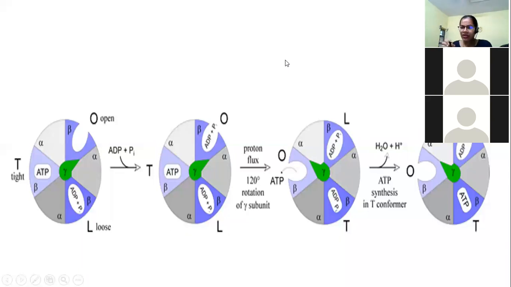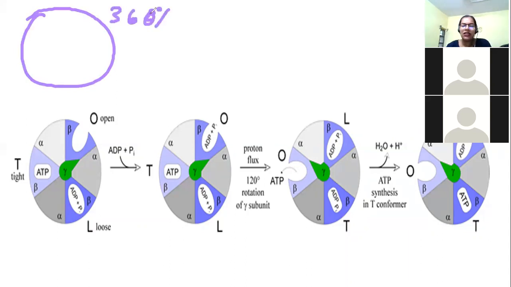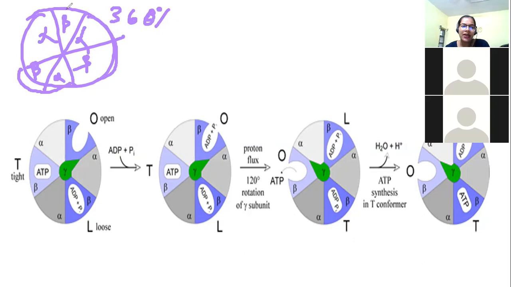Now, if the question comes, since there are 3 rotations, always remember what kind of question will come. See, in a circle, you know that it has 360 degrees, right? Total 360 degrees. Now, in this case, how many are there? Alpha, beta, alpha, beta, alpha, beta we have, of which this alpha beta together, and this alpha beta together. So it means that it has been divided into 3, right?